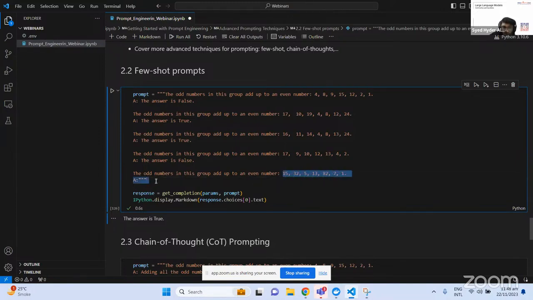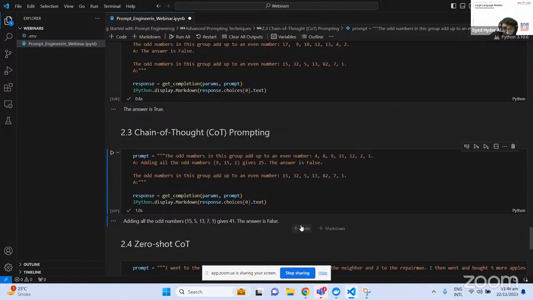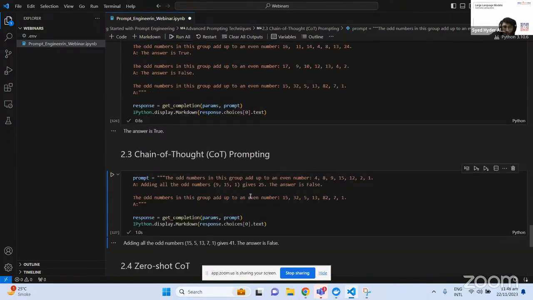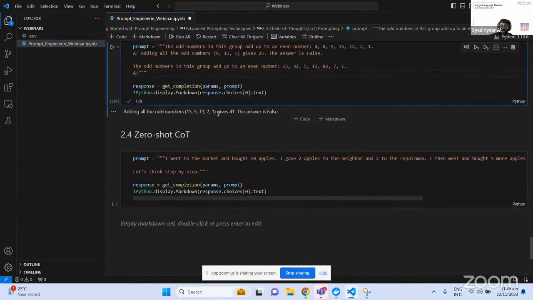But if we try with chain of thought prompting, the same query was giving the wrong answer, so I gave it the example myself, that adding all the numbers 9, 15, 1 gives 25, the answer is false. Then I gave my query, and now it adds like the previous examples. It took the odd numbers and gave us 49.